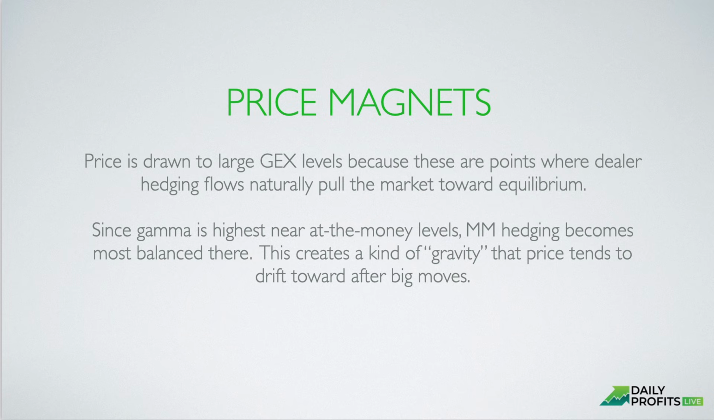Additionally, another way we can read these charts is as price magnets, right? So price is drawn to large GEX levels because they're pivot points where dealer hedging flows will naturally pull the market towards equilibrium, right? If there's a really high GEX level above price,